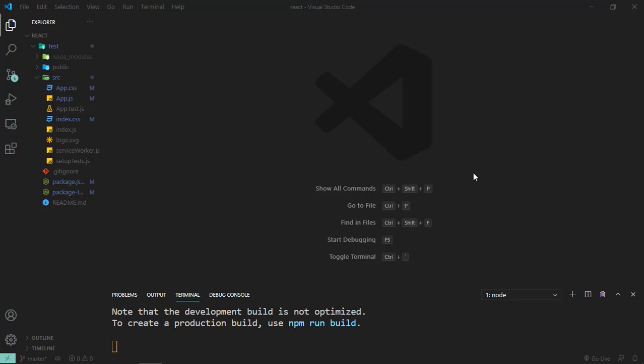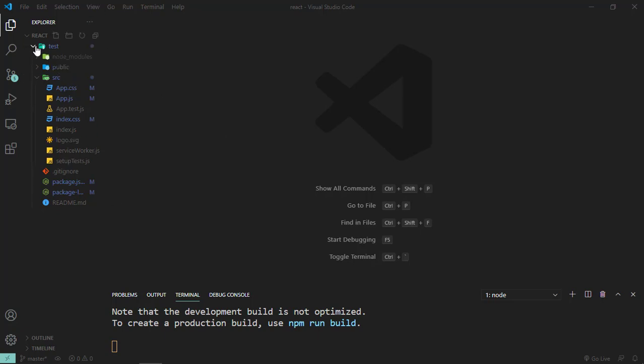So what we're going to be doing today is creating a simple landing page, and we're going to be doing this in React. Now what we're going to be using is some UI libraries such as Bootstrap, which is a common UI library, and we'll finish off with Semantic UI, which is a UI library that I've used for quite some time now. So to get started, what I've just done is created a React app,